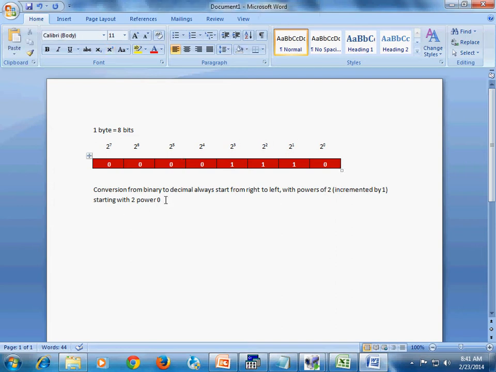So we need to note down the positions with 0 and the positions with 1.